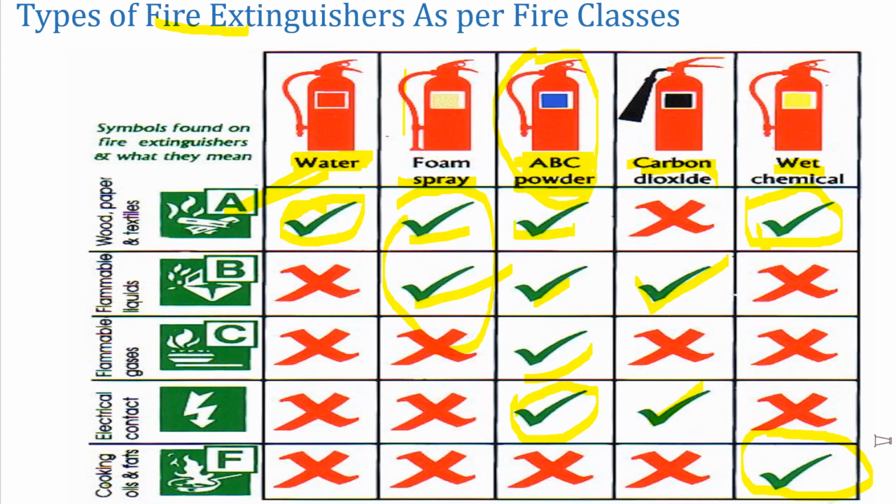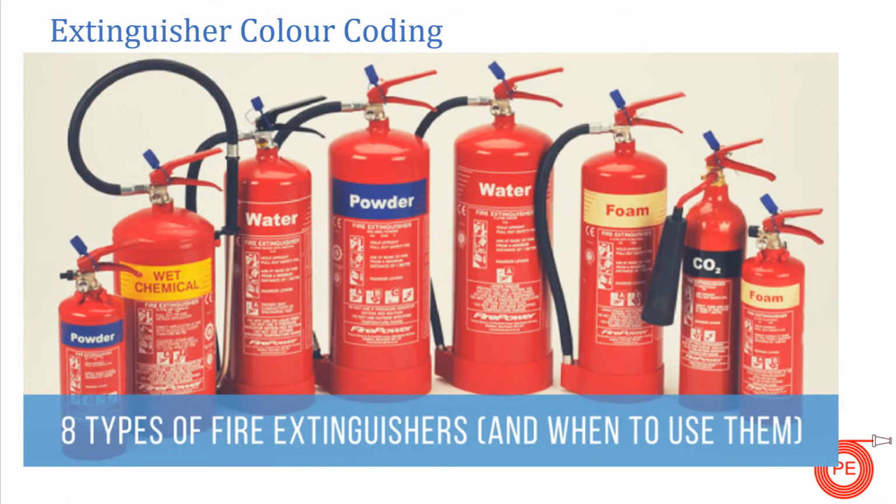So moving on to next, guys, extinguishers have a color code. Suppose you don't know which type of extinguisher this is, and how to distinguish between different types of extinguishers. You can see, if this is dry powder type, then dry powder will be written here on the top, and there will be a blue lining on it. So blue lining and the powder will be written in white on it. So this is a powder type dry extinguisher, or an ABC type.